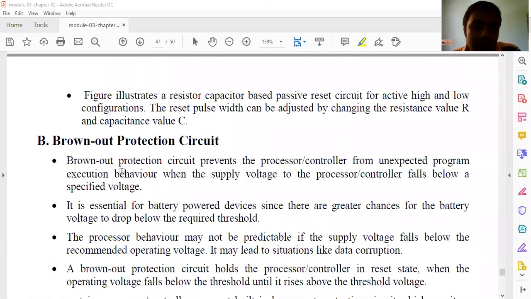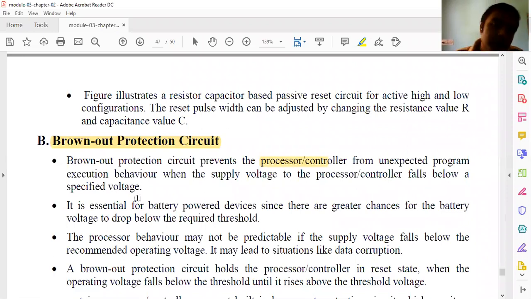So it's again very, very important. Keep in mind brownout. So what is brownout? The brownout protection circuit prevents the processor or the controller from unexpected program execution behavior when the supply voltage to the processor or controller falls below a specified voltage. For example,